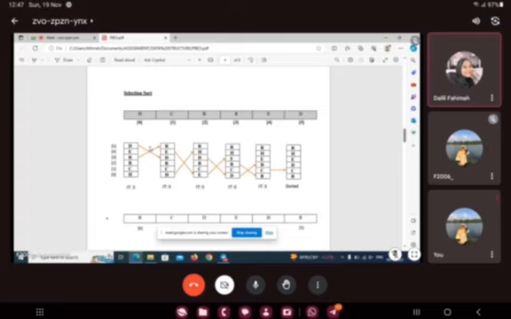Step 3, find the minimum element H in the remaining sequence and swap it with the third element H, no change. Sequence after step 3, BCHRED. Step 4, find the minimum element R in the remaining sequence and swap it with the 4th element R, no change. Sequence after step 4, BCHRED. Step 5, find the minimum element E in the remaining sequence and swap it with the 5th element E, no change. Sequence after step 5,